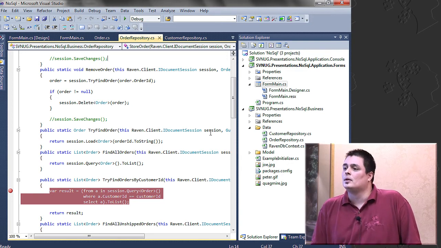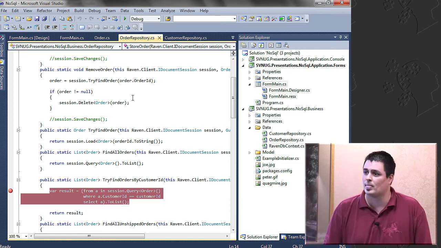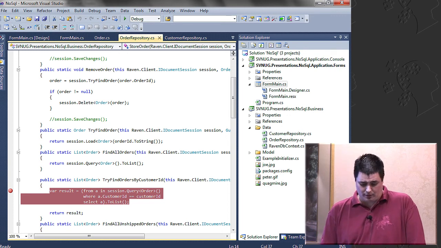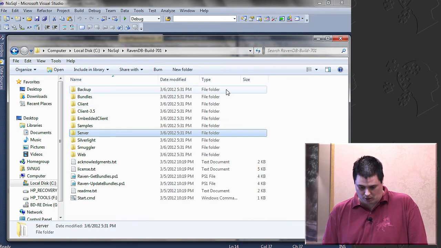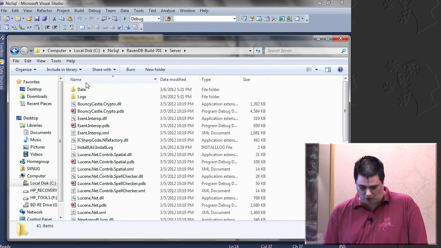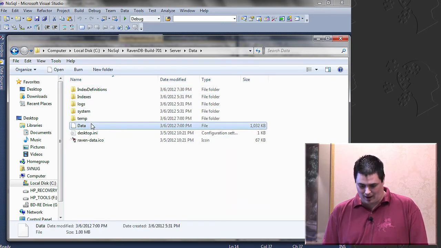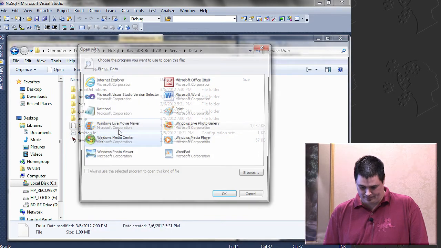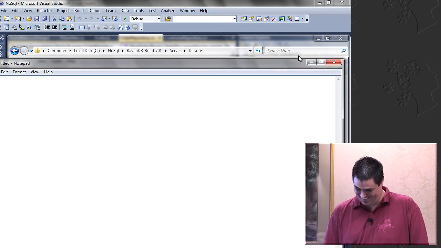Okay, my question is, we've got the software side, but now the persistence level. A database will do record storage and record locking. How is this physically being dropped in RavenDB? Okay, well, that's a good question. And actually, I'll have an answer for you just because I'm curious and I was noodling around. So I installed the server, right? And under server, when I installed it, you see this data folder? It created this data folder. And then this data file is everything that's in there. And it can't access it right now, surprise, surprise, because it's running.